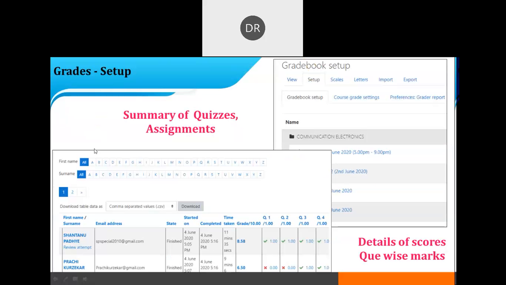So this is also, suppose for example, setup. So this is a screenshot. You can see the name of the students with their email ID and the time taken, started time, end time, and the completion time. How much time he or she has taken to complete this task and what is the score. So out of 10 like this, you can see the progress of the student during the examination. So this setup is used just to track the students. Okay. In the first slide, I have shown you the tracking of the students. So tracking means to monitor the student performance during the test.